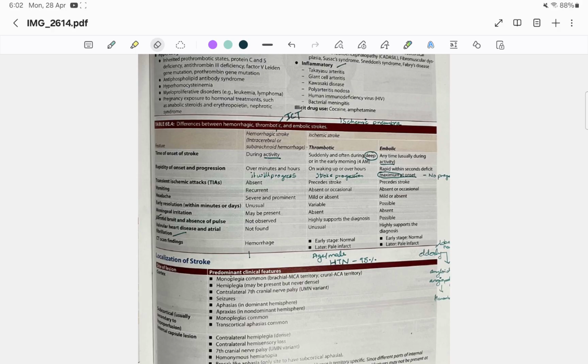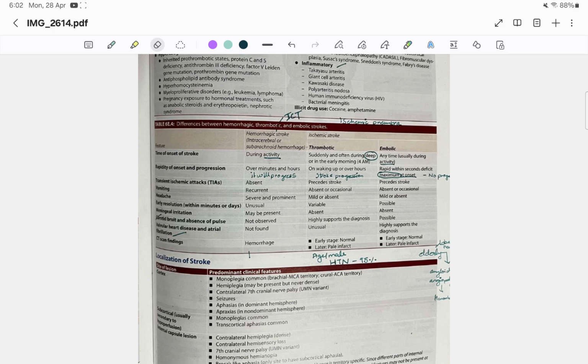atrial dilation due to mitral stenosis, or the patient is a heart failure patient, or an atrial fibrillation patient, something related to the heart, dilated cardiomyopathy, restrictive, anything, you have to say, because that's what supports you in saying the patient has an embolic stroke. Thrombotic stroke means the patient is a chronic smoker, alcoholic, and has chronic hypertension, not under medication,